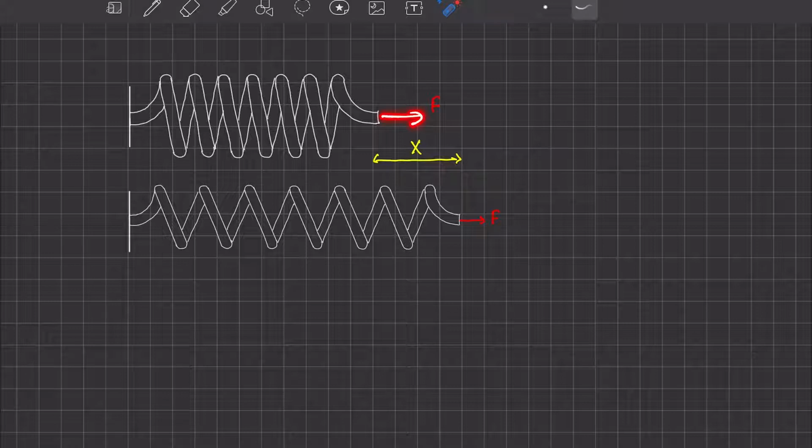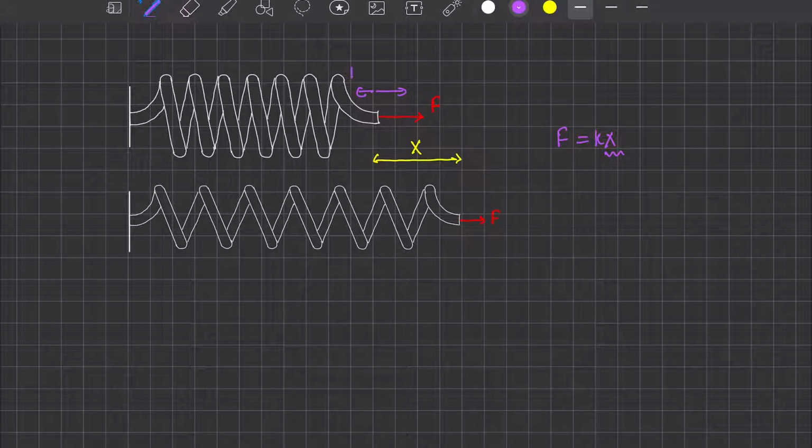Now our force doesn't provide any kinetic energy, right? That means velocity at any time is 0. V equals 0 means a must also be equal to 0. So my force must be equal to the spring force at any point of time. So my force must be variable. Let's say my force is F. Now this F must be equal to Kx at any time, where x is the extension in the spring, right? And Kx will act backward and my force will act forward. So this force Kx and this F must be equal.